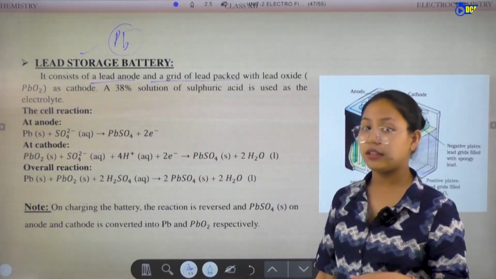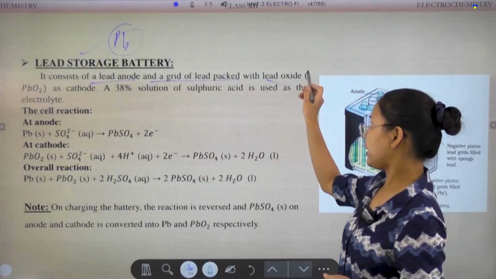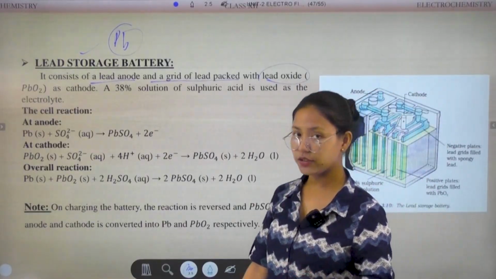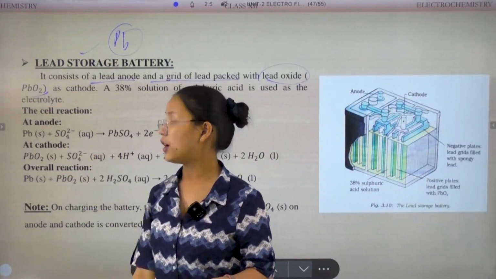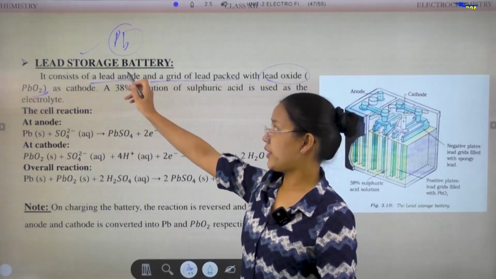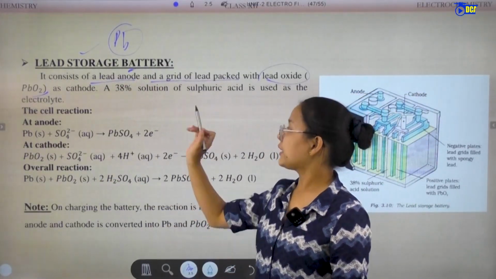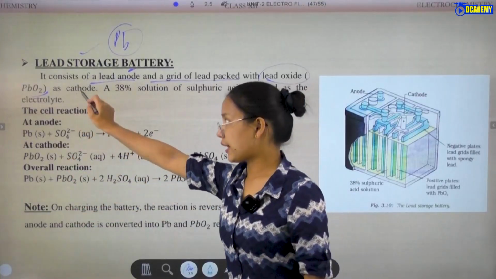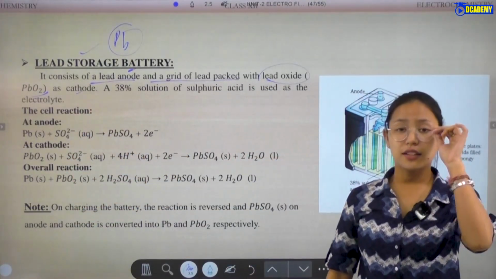grid of lead packed with lead oxide. The formula of lead oxide is PbO2. Here the pure lead is the anode, and the lead oxide is the cathode. Then